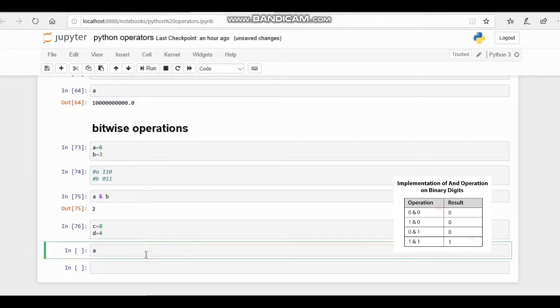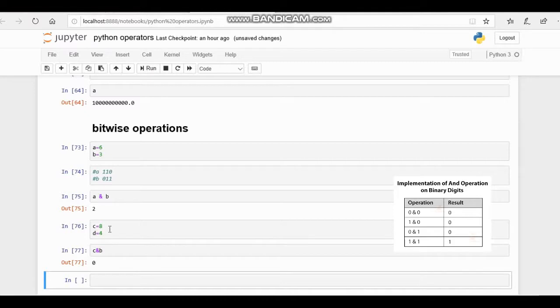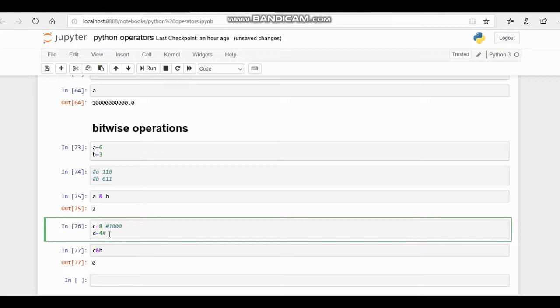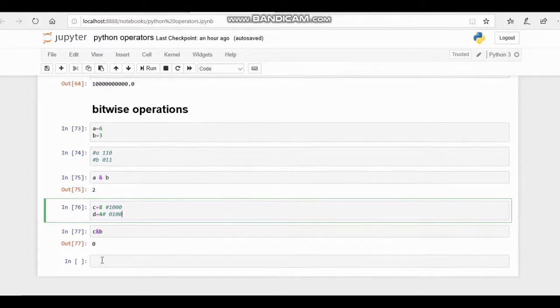So C and D will give 0, because the binary value of 8 is 1000 and the binary value of 4 is 0100. So 0 and 0 gives 0, 0 and 0 gives 0, 0 and 1 gives 0, 1 and 0 gives 0. All the values are 0, so we'll get the value 0 in the output. So that's about the AND operation.